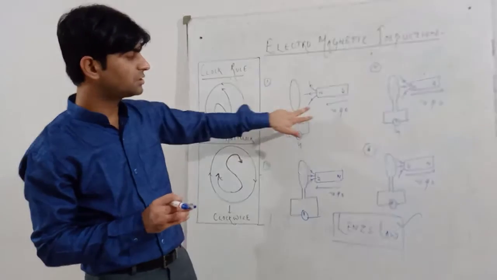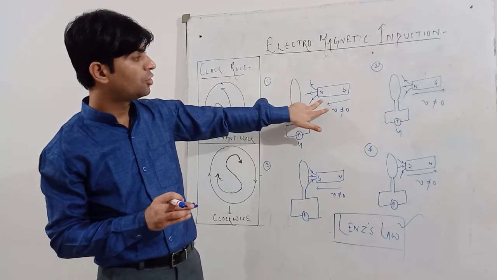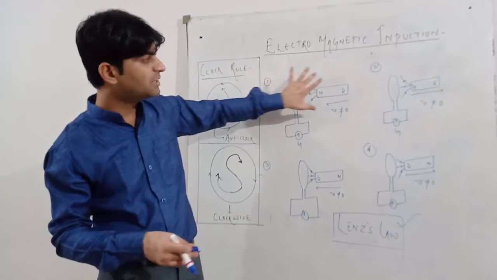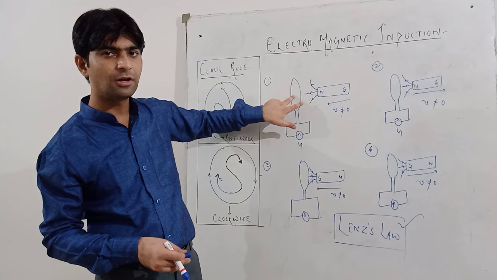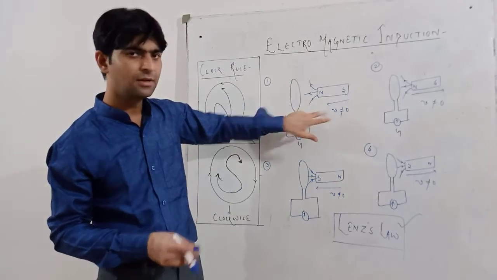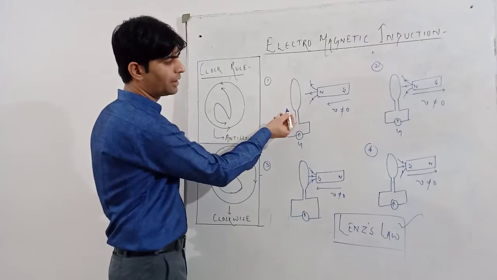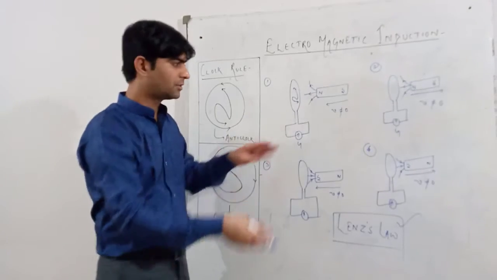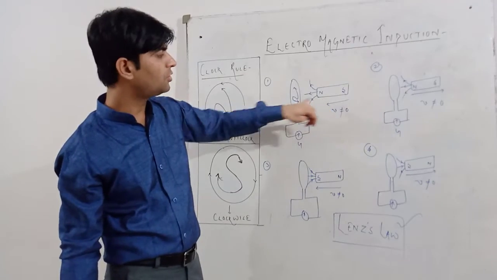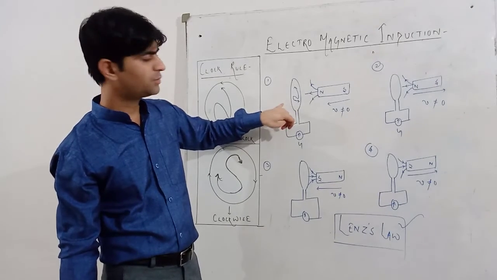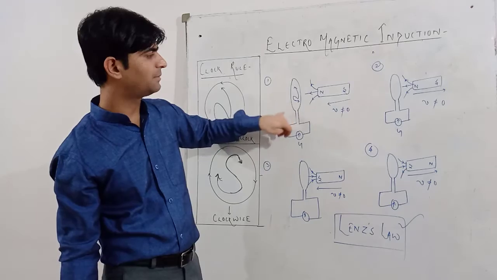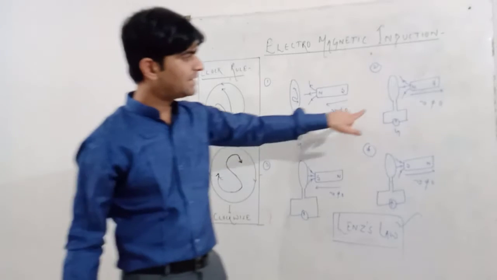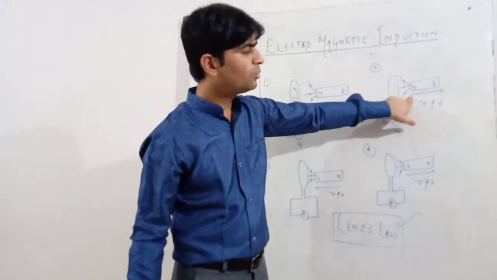Now if you see in the first case, what is the cause of production of induced current? The movement of the north pole towards the coil. So how will this coil oppose the motion of this bar magnet? By inducing a north pole, then only north-north will repel. So if the north pole is moving towards the coil, the north polarity will be induced on the coil. The cause of production in the first case is the movement of the north pole towards the coil. So which polarity will be induced? North polarity will be induced. That means the direction of current will be anti-clockwise.